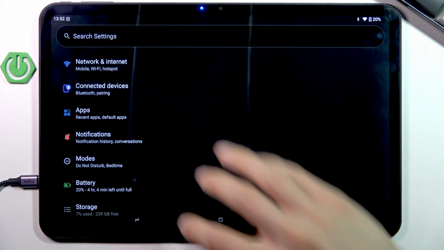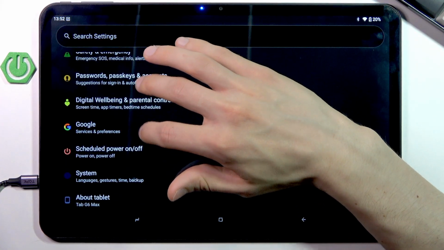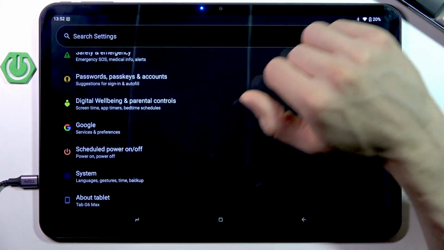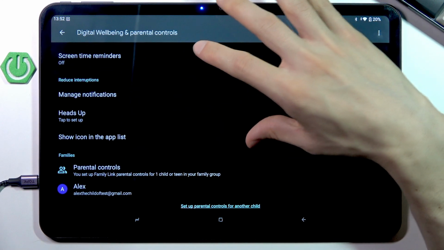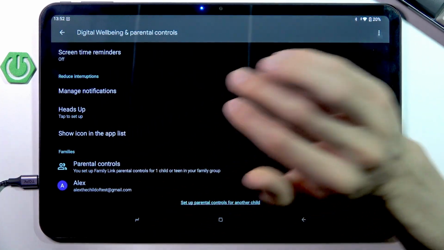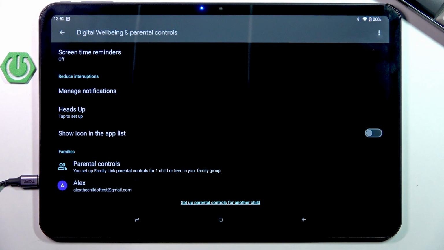Instead, we can go to settings, then scroll down to Digital Wellbeing and parental controls and open this section. Here we're gonna have to scroll down until we reach families. So now if you want to set up parental controls for a child that you are yet to add to your child's list, you're gonna have to tap set up parental controls for new or for another child, or if you already have a child linked with your account,